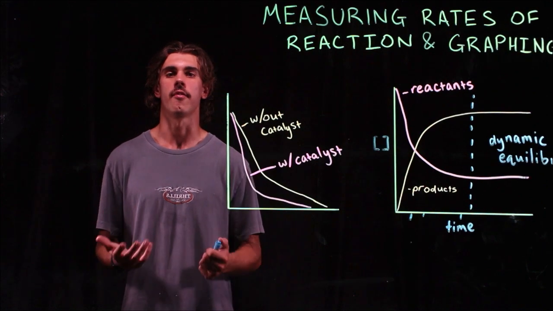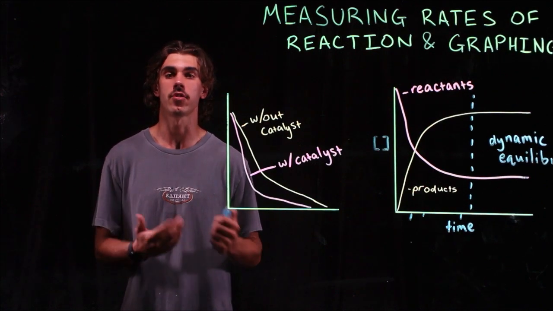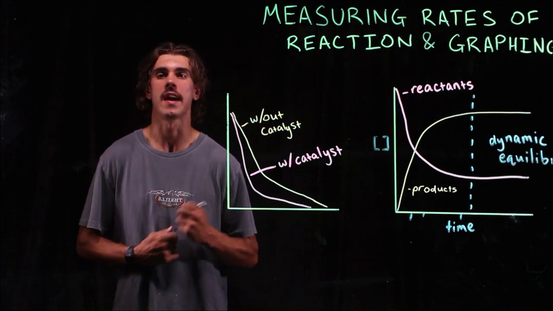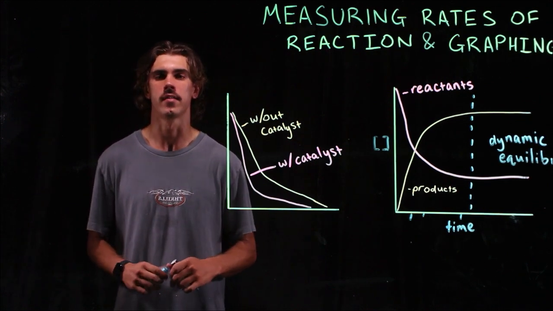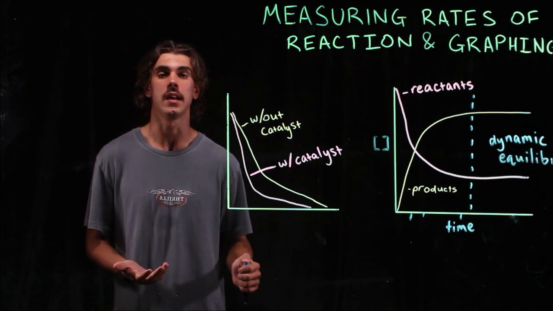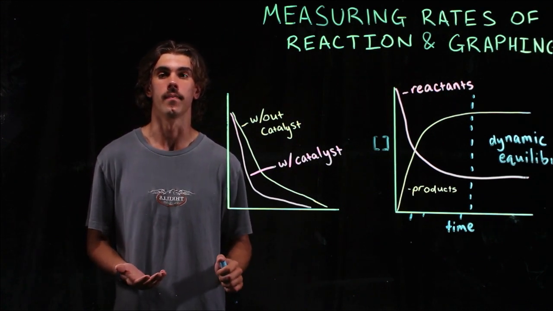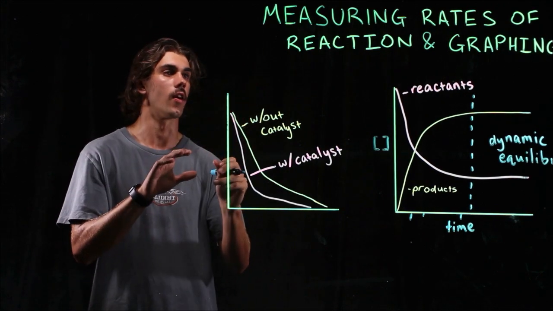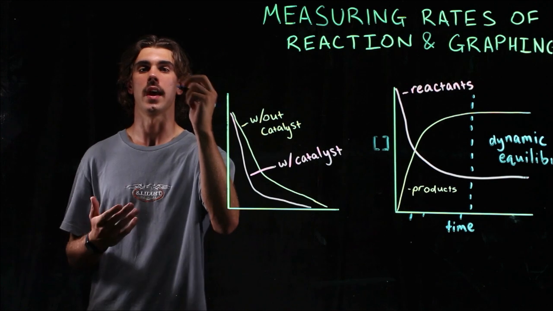So now we're looking at the rate of reactions and how we measure it and how we graph it. So what is the rate of reaction? Well, a rate is just like anything. A rate is a constant change in something, such as speed or such as anything else. Okay? So when we look at a rate in terms of a chemical reaction, what we're looking at is the